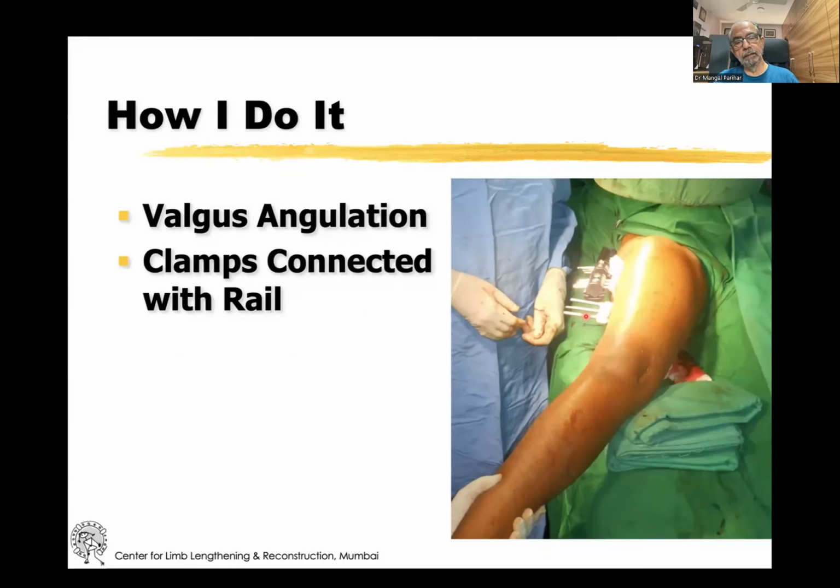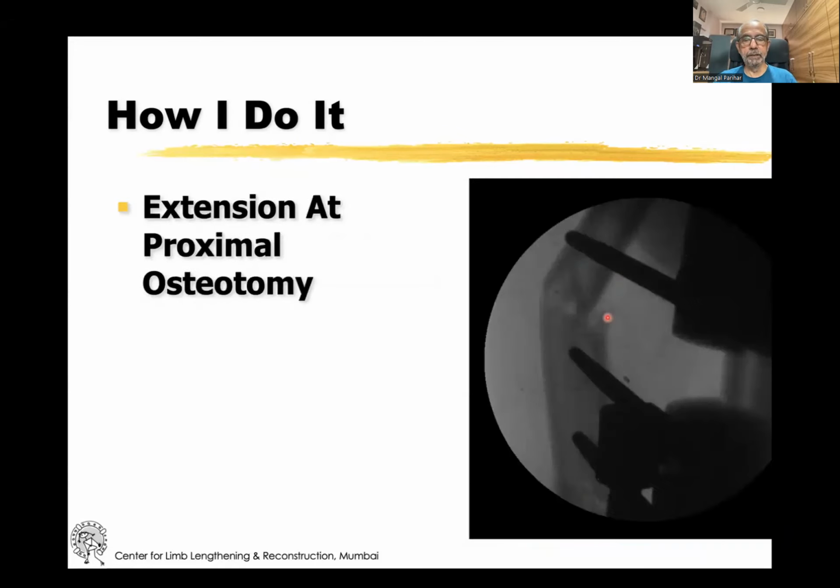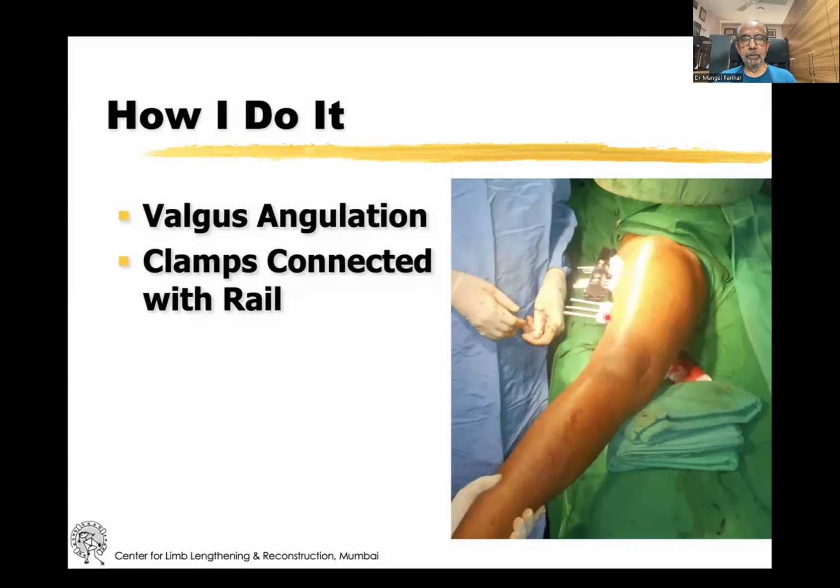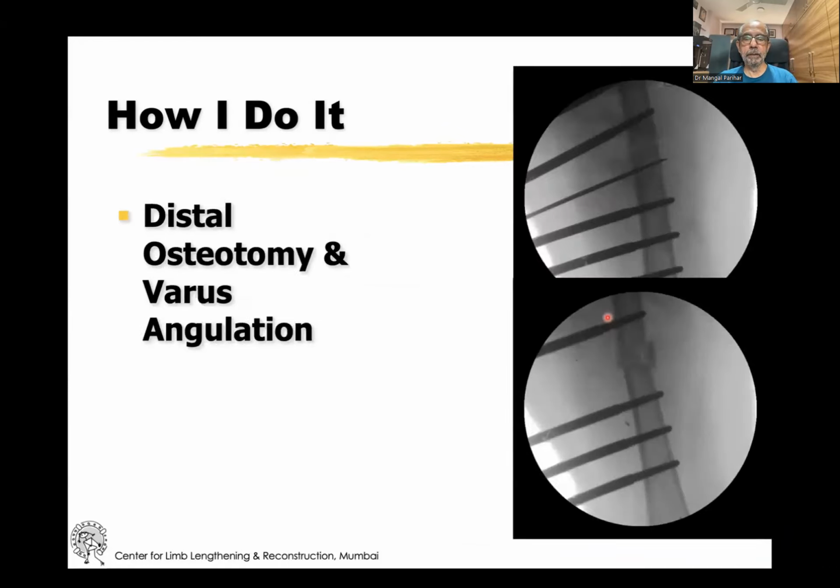Whereas if what you are saying is these pins you will put from the posterior and then correct that rotation over there, right? But if you're doing it the way I'm saying, whichever way you do it, you have to ensure that the rotation is maintained or kept sight of when you're putting the pins in. It's not only the angulation between the two, but end on always that rotation, they should be in the appropriate plane. And the moment you do your osteotomy and get these pins onto the rail, you now have a certain amount of varus which is coming.